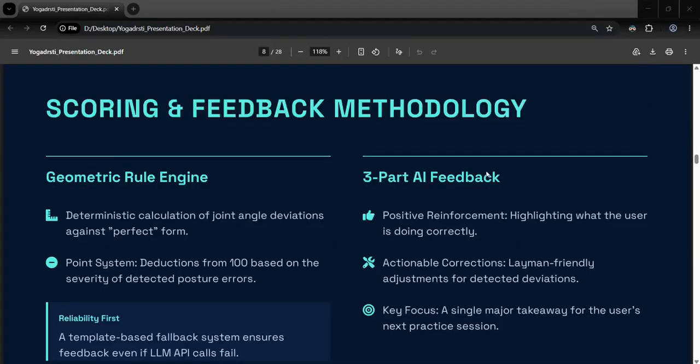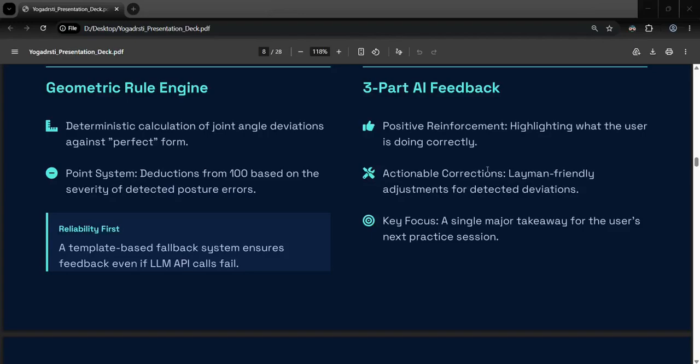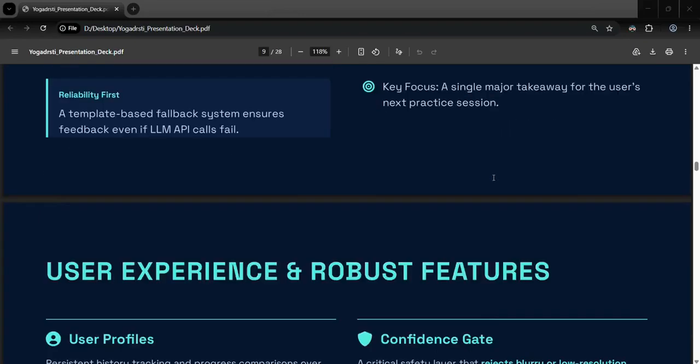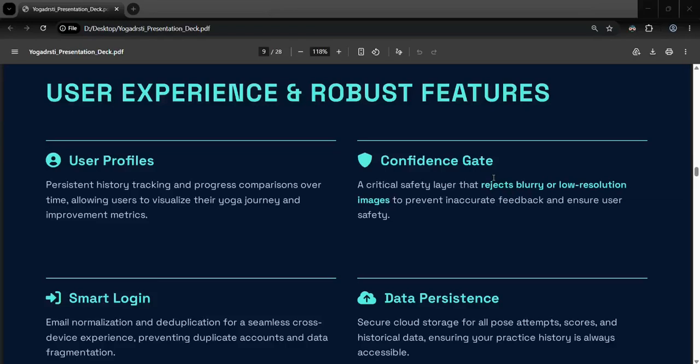So for the scoring, I'm using a deterministic rule engine to calculate the angular deductions based on how the particular individual's joint deviations vary from the standard benchmark. If the LLM ever fails, I have a template based fallback to ensure that you always get feedback in any case. And before I get to the demo, I would also like to tell you that the